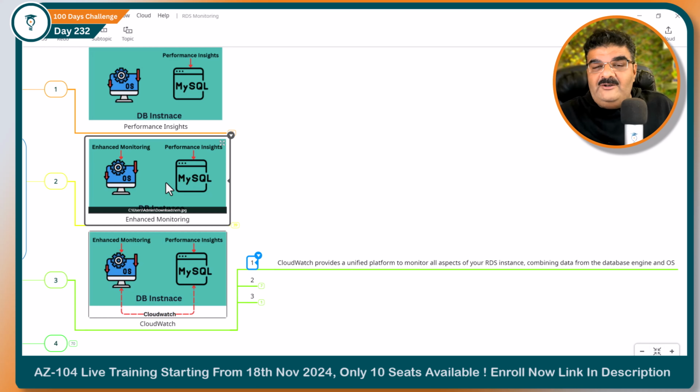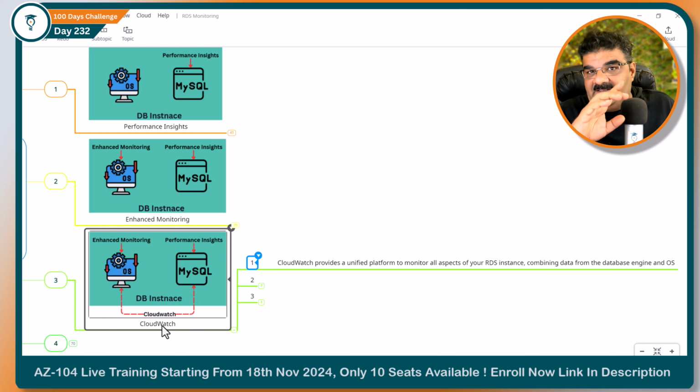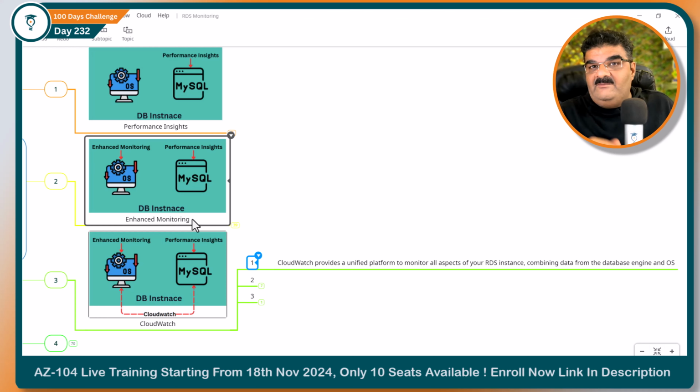If you are not able to get details from your CloudWatch monitoring data, then you can go with Performance Insights or enhanced monitoring. So yes, Performance Insights and enhanced monitoring will provide you detailed monitoring plus real-time monitoring, while CloudWatch may not provide real-time monitoring. It will take some time, 1 minute or 5 minutes. Both of these will provide you real-time monitoring. But there are some points which are not available in Performance Insights or enhanced monitoring, and these points